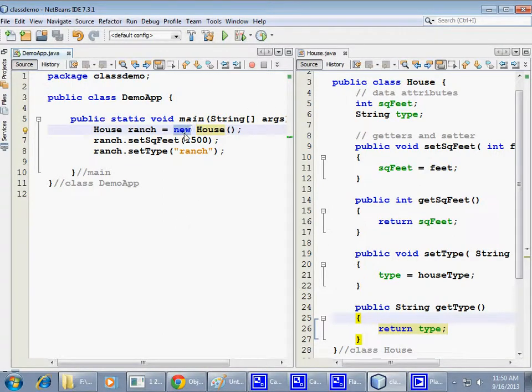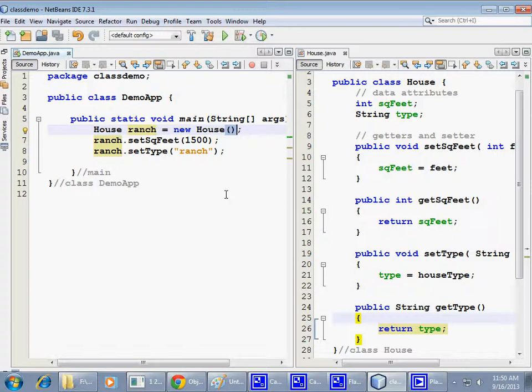A Java operator which actually creates objects, instantiates objects. Then we say new what? We say house. And house is the name of the class. This is how things are created in Java. In order to instantiate an object, you must say new and give it the name of the class. It is followed by a set of empty parentheses because we don't have any special methods to construct